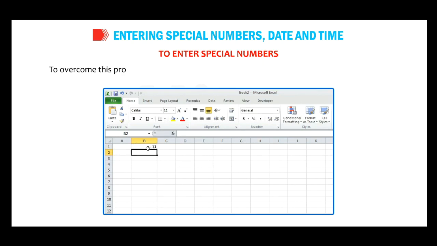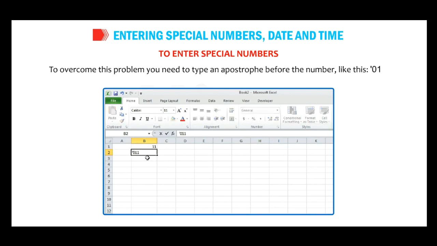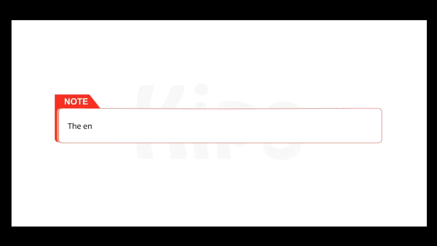To overcome this problem, you need to type an apostrophe before the number, like this, '011. Students note that the entry '011 will be treated as text. This entry will be ignored if used in a function.